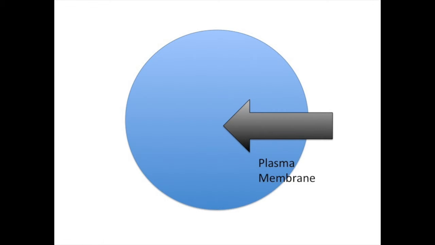Encasing the entire cell is the plasma membrane. This helps regulate what moves into and out of the cell. Finally, single-celled organisms might need a little extra help in moving around. This is why some of them have developed cilia, which are small, numerous hairs that help in cell movement and encase the entire cell. Other organisms have developed flagella, which is a large single hair that aids in the same